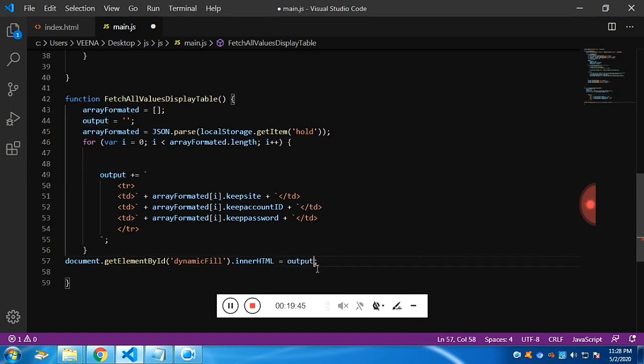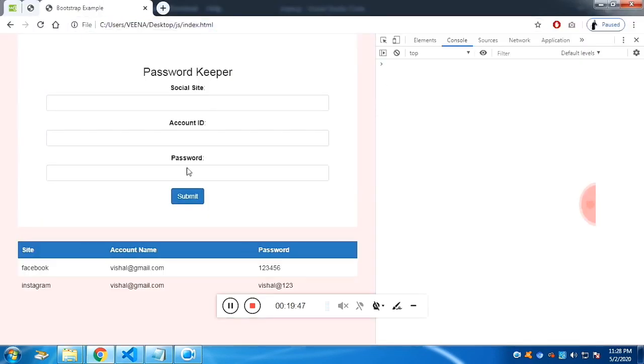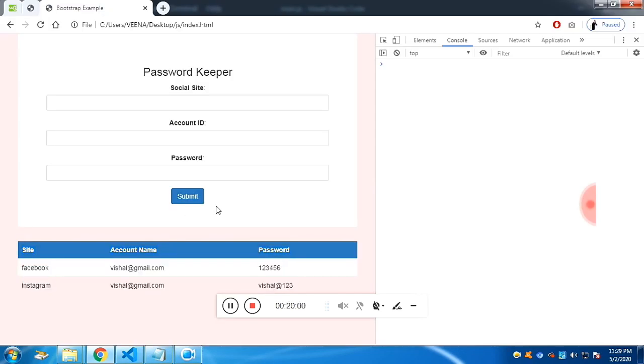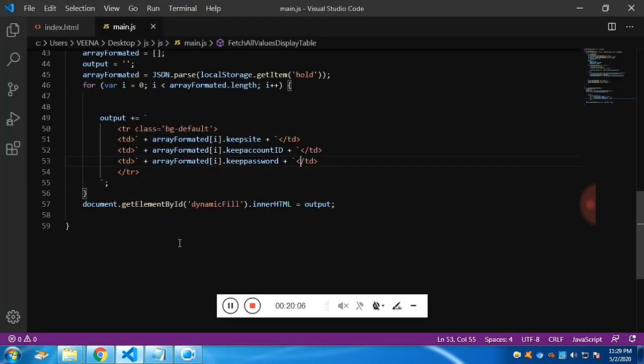So output. If you refresh it, you can see the local storage values are fetched on load, when the document loads, and displayed as table rows. Fine.